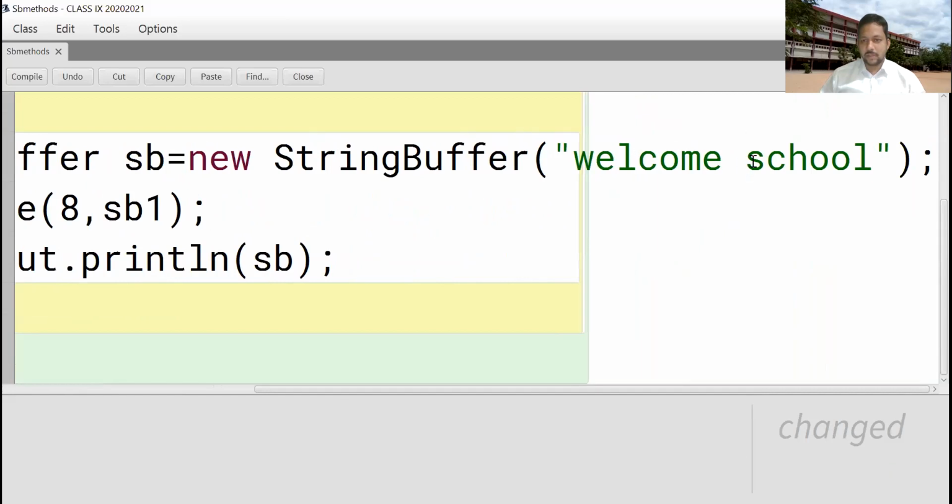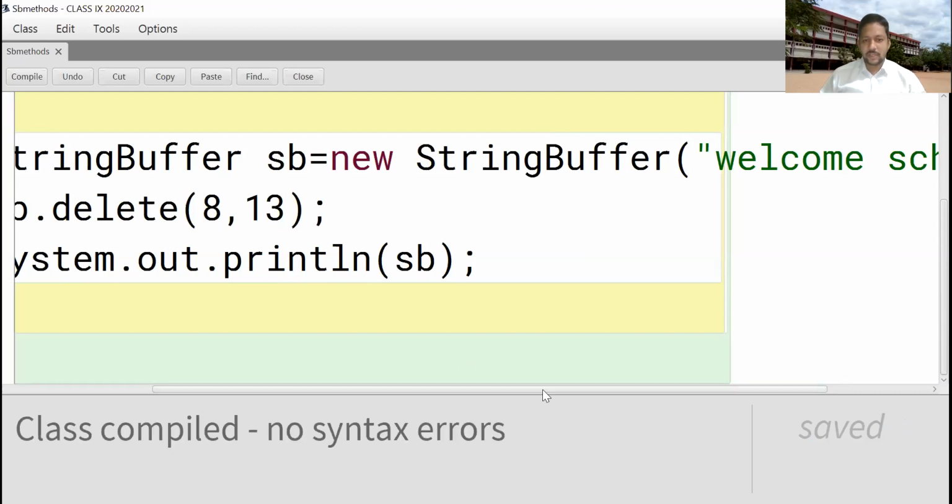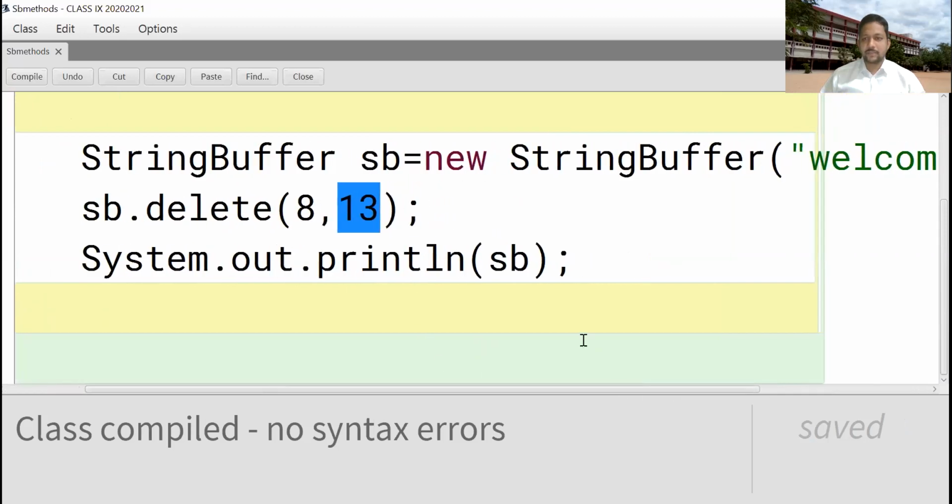Here 7. From 8 onwards I want to delete: 8, 9, 10, 11, 12, 13. See, 8 to 13. So compile. No syntax errors. We are deleting the characters from one index position to another index position.